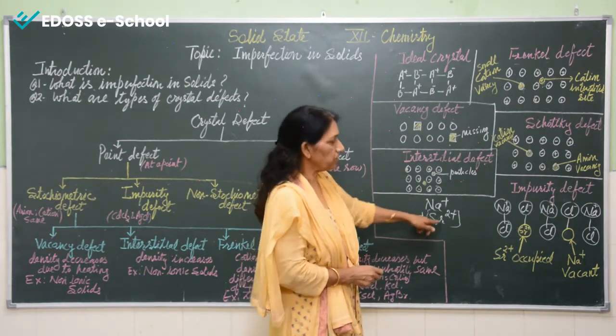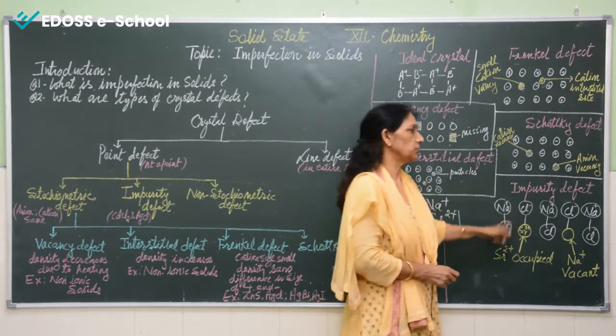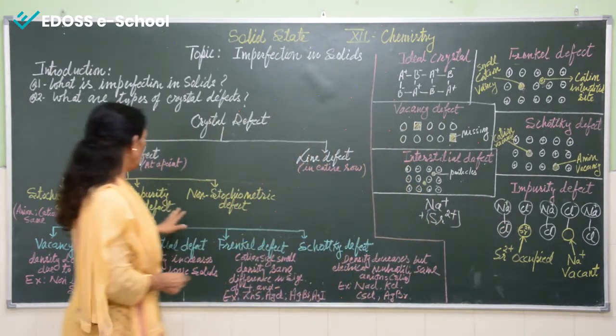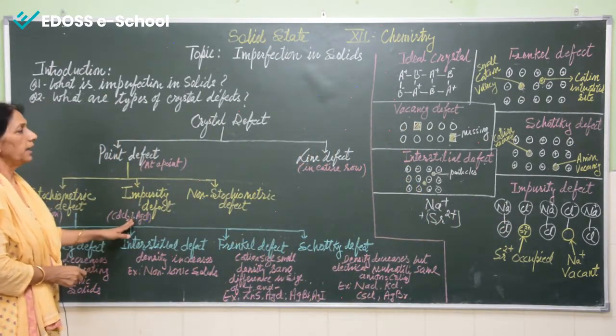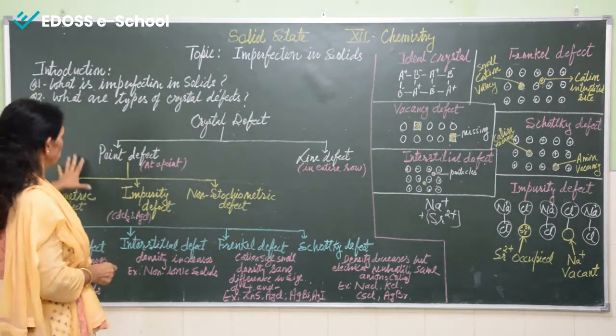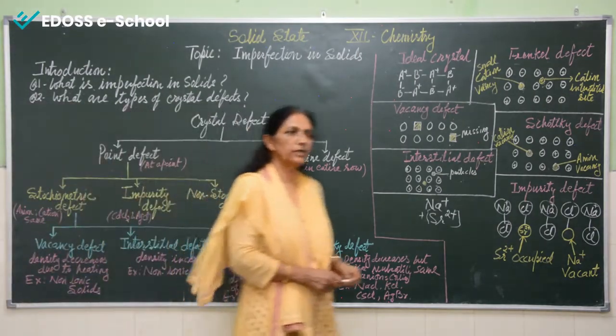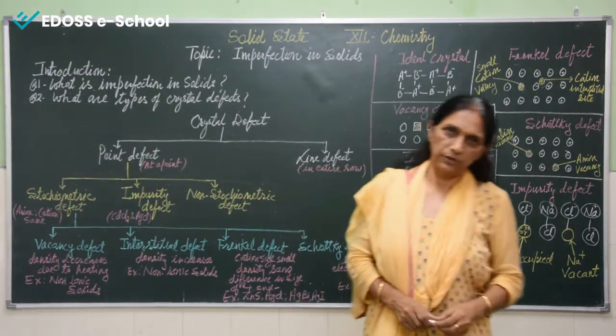another chemical which is present in it, okay, another element which is present occupies the space. So we can see this is also seen in cadmium chloride and silver chloride case. So these are point defects. One non-stoichiometric defect is left, that we will study in our next video. Thank you.